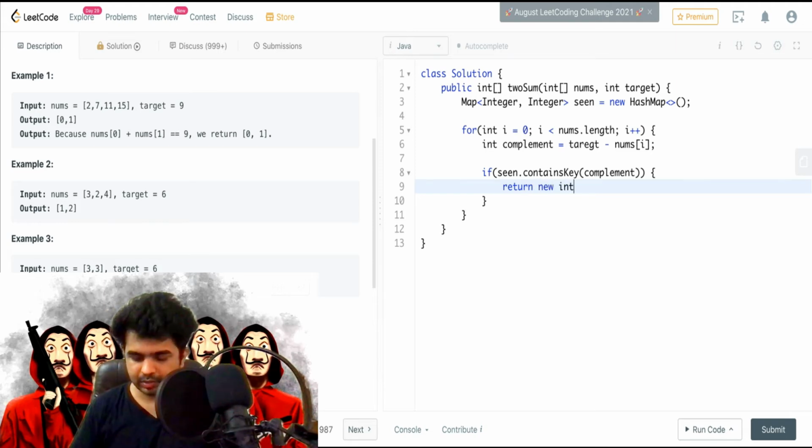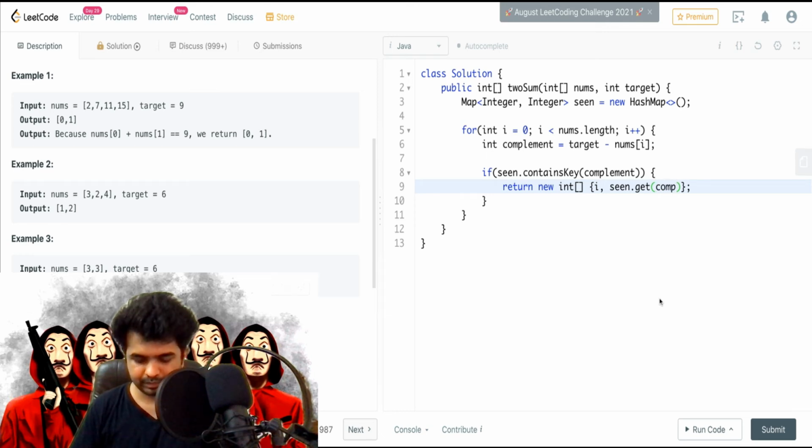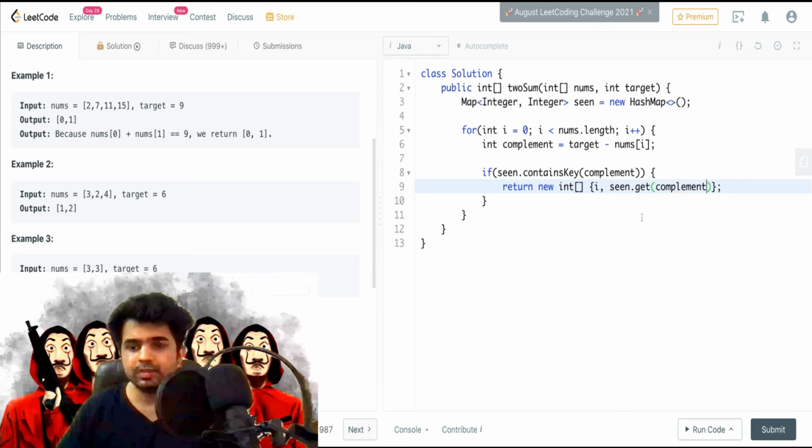Return new int array, it will contain two elements, i, comma, seen.get complement. So this will give you the index of our complement number, and this is our current number.